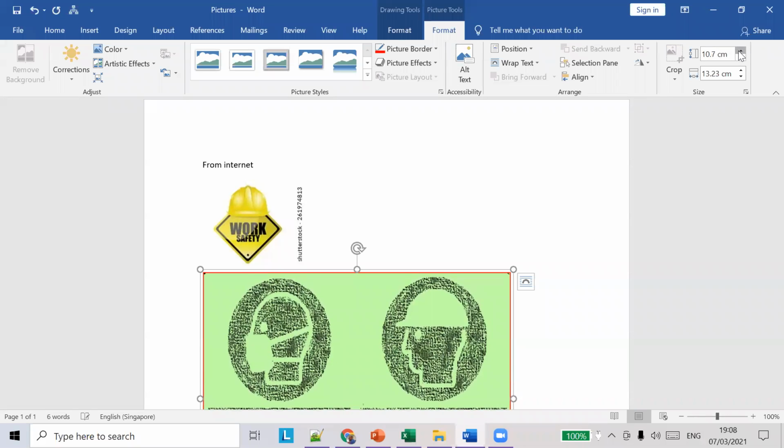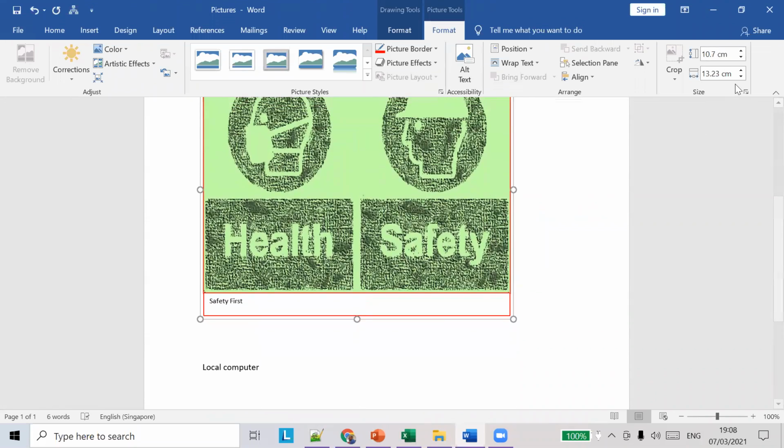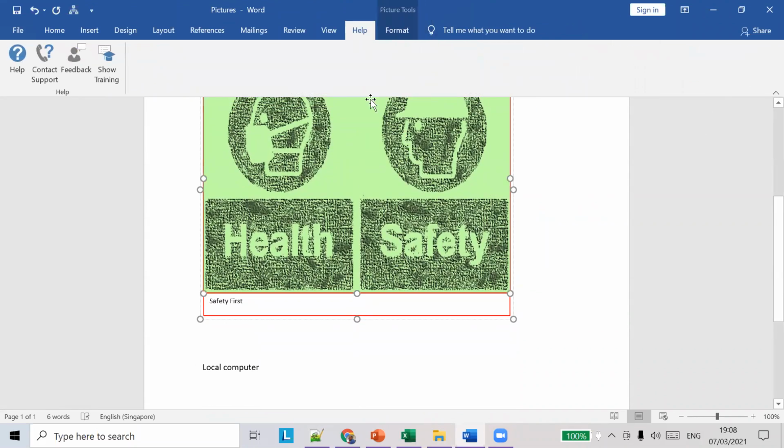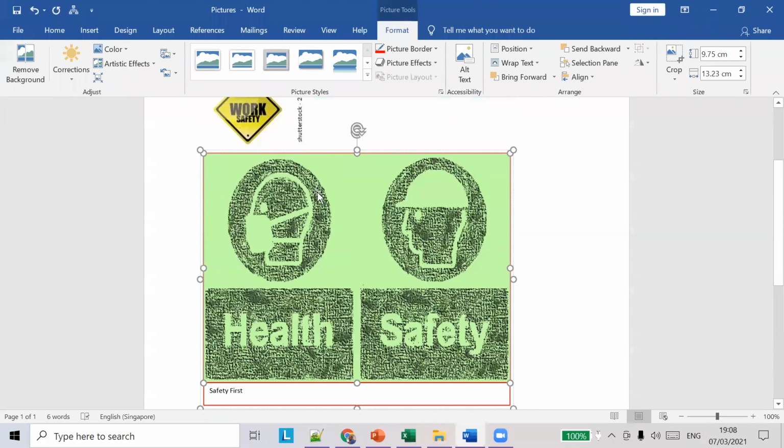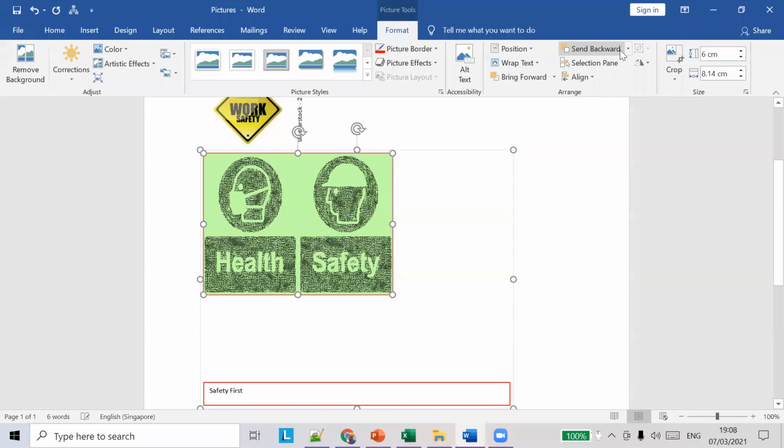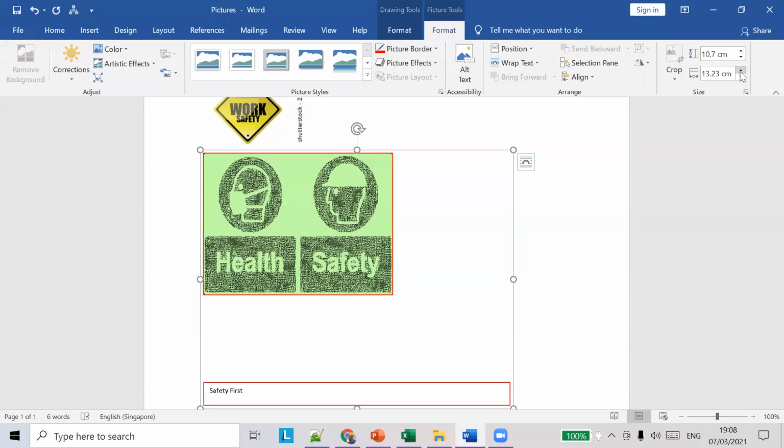See, there is an option to increase the picture size also here. So if you want to measure it by some value, right, you can do it using this option. So it says centimeter. So this one is height. Height is 9.7 centimeter. Okay. So if I change it to 6 centimeter, the picture is going to become short. Okay. So we can adjust the picture size also here.